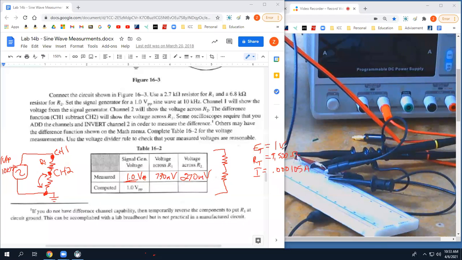Because I'm in volts and not millivolts, because I'm in ohms and not kilo ohms, I'm in volts, ohms, and amps. I'm keeping all my numbers the same. That's how I keep from getting myself confused. So since it's a series circuit, would the current be the same through each of these resistors? Yes. So at R1, the current through R1 would be